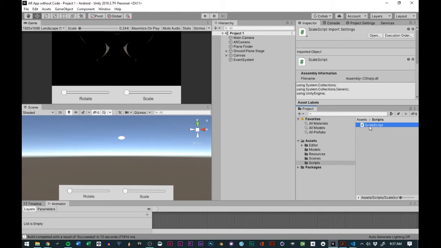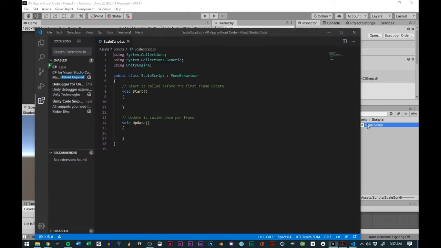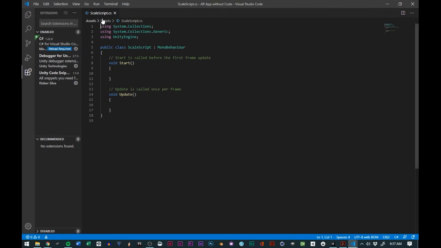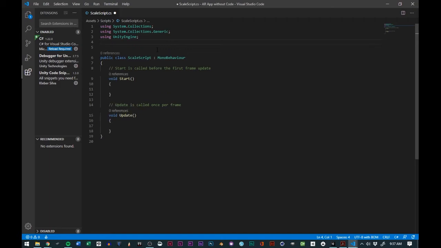Okay, so now that we have our environment set up, it's time to actually get into the coding. So we'll just double click scale script, and we will start making our script. The first thing that we need to do, because we have UI elements, is add a namespace called UI. The namespace is essentially the library or the dictionary that Unity uses to look for certain functions that you're trying to call. And so you go by using